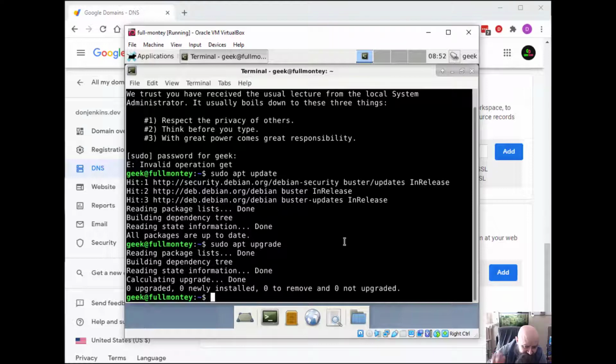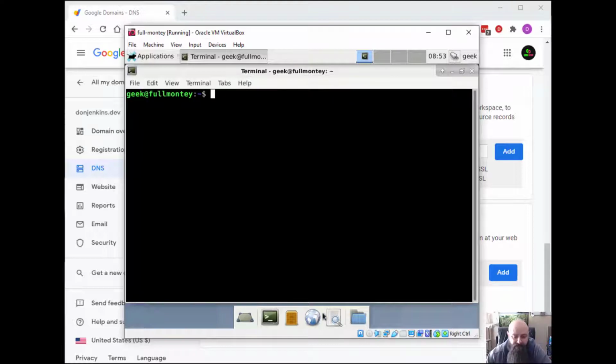So the only thing I've done here is I spun up a new Debian VM. Just did basic operating system updates and pretty much nothing else. The only other prep I've done is